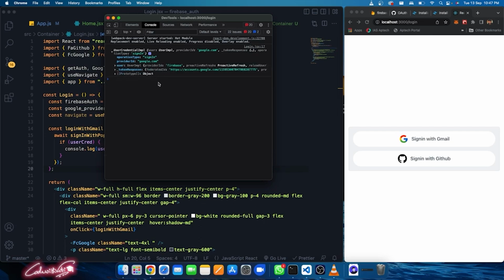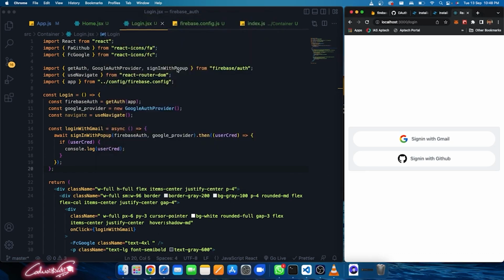So what you need to do is send this token to the backend and validate the user, whether the token is active or inactive. So we need to do all those steps one by one. All right, so close this information. And to do that, what we need to do is create